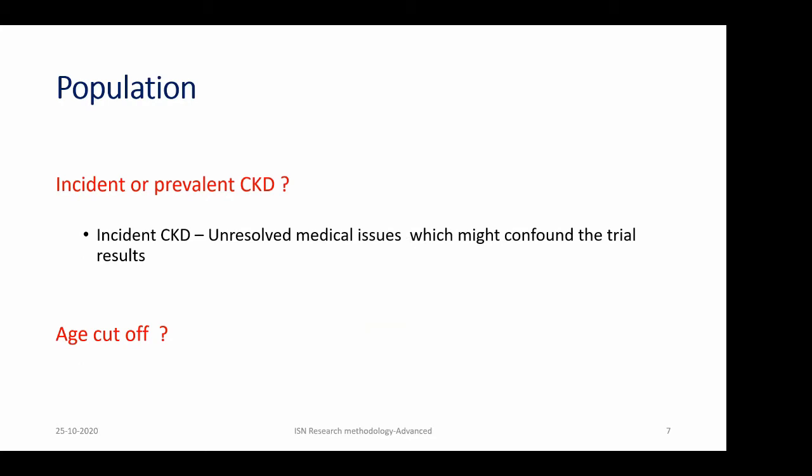Now the other question is, what sort of CKD patients will you recruit? Incident CKD patients or prevalent CKD patients? So in studies where the target is some nephroprotective strategies, it is always a good idea to recruit prevalent CKD patients, because incident CKD patients have too many unresolved issues. Sometimes the acidosis might not be controlled, the blood pressure might not be controlled, there might be a reversible thing which could be overlooked. So if we end up recruiting incident CKD patients, then probably the clinical behavior is not going to be decided by your intervention, but some other factors which are inherent to the CKD also.